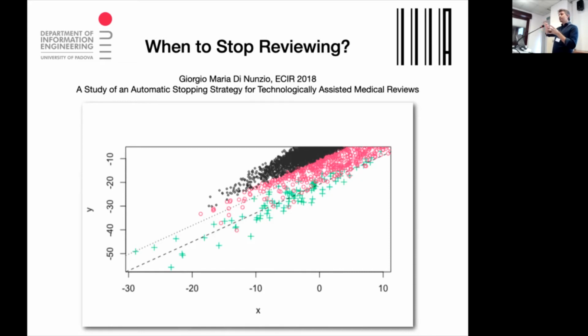And you see shapes in these two-dimensional models where you have, for example, in this case, green dots that represent relevant documents, red dots the non-relevant documents, and black dots the remaining documents in the collection. So there are areas in this two-dimensional space that are more favorable for sampling relevant documents. So here it's simply, let's try to sweep all the most favorable area,